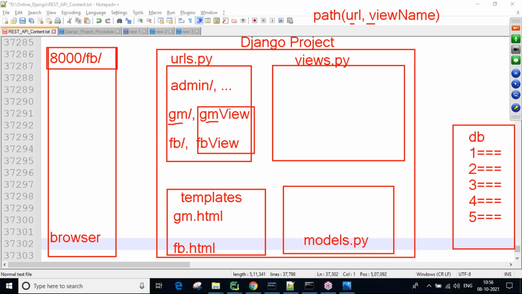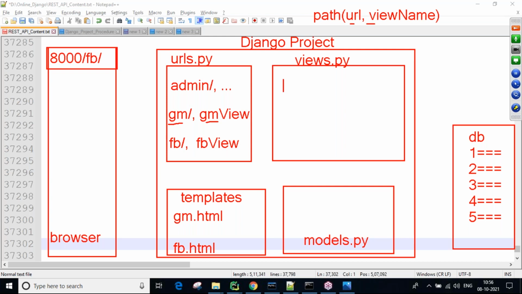All these views are available inside the views.py file. One point to remember: a view is nothing but a Python function. Python functions we write using the def keyword, and Python classes using the class keyword.